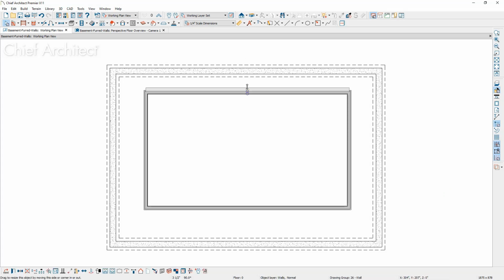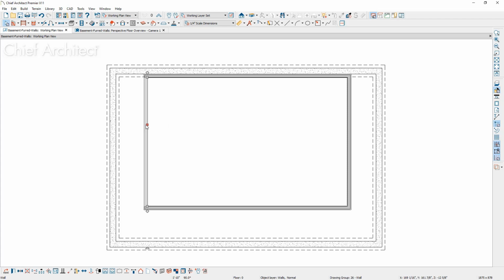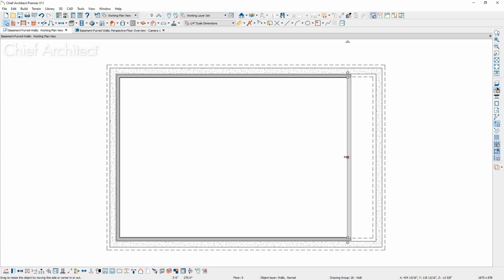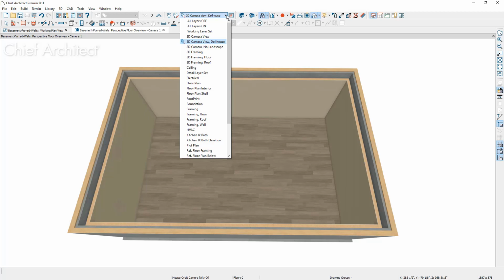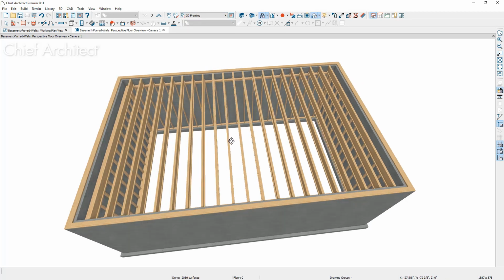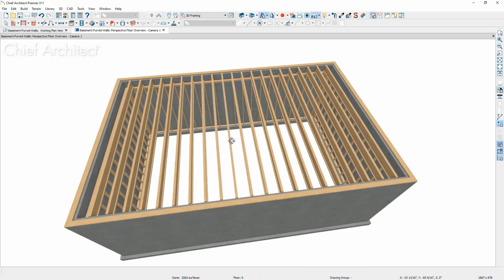So let's go ahead and pull these walls back to the stem wall. A little bit of busy work just to snap those back. Let's go ahead and pull those to the stem wall. Now I don't have an extra room in between the two walls. Let's go back to our camera view. You can see that interior furred wall is lower, which will bear the platform on it. The concrete wall will hang the platform on it. If I change my view to a 3D framing view, you can see how that framing has occurred with the joist bearing on top of the interior furred wall and then hanging off the concrete wall.